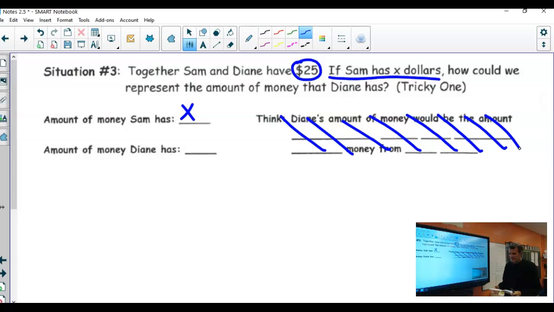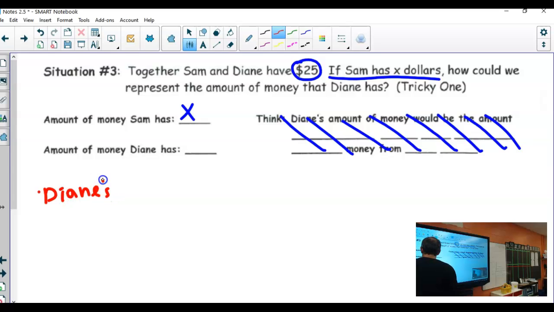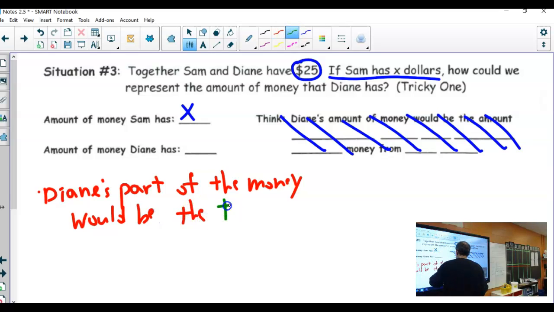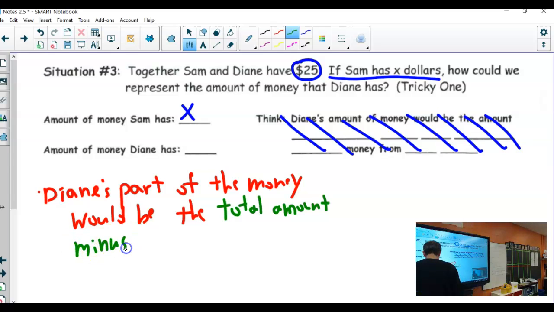But I want to kind of explain this to you. So, how much would Diane have? I think this is an easy way to think about it. Diane's part of the money would be the total amount minus the part